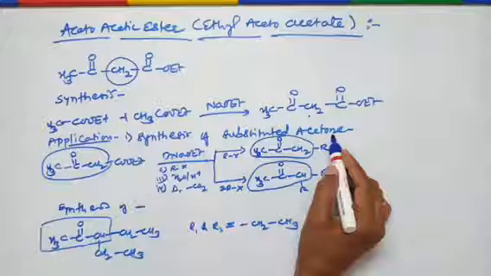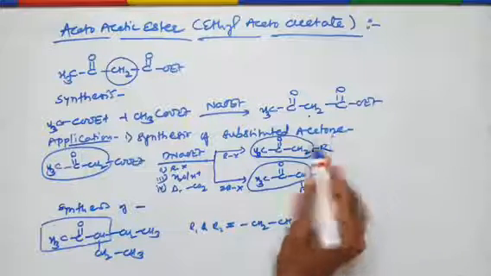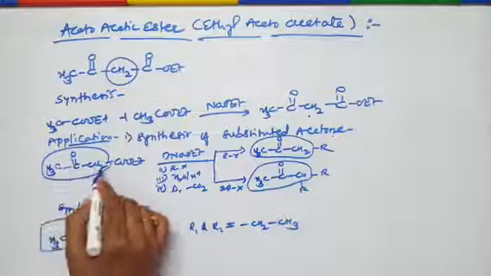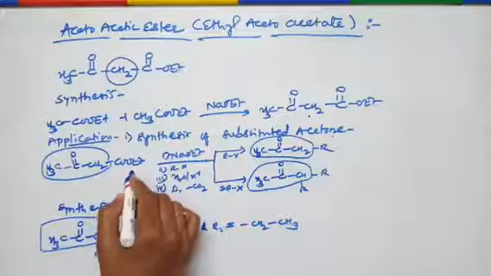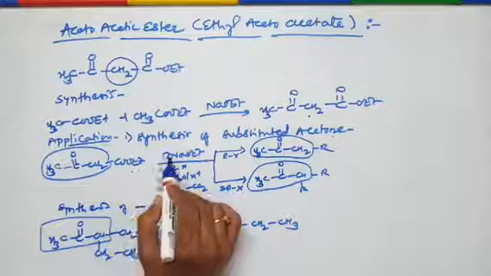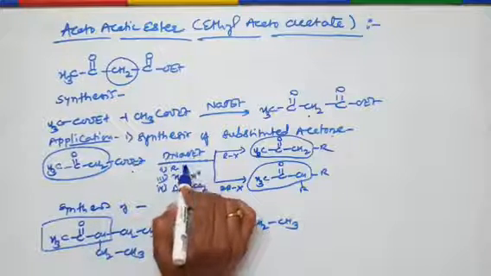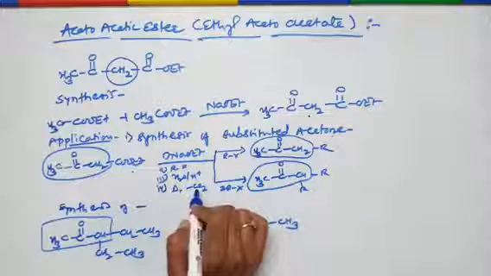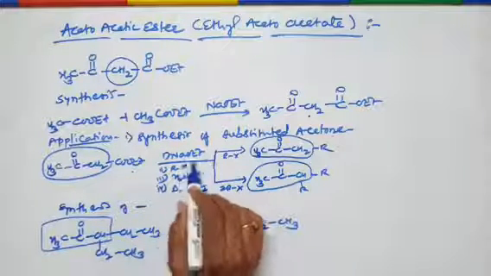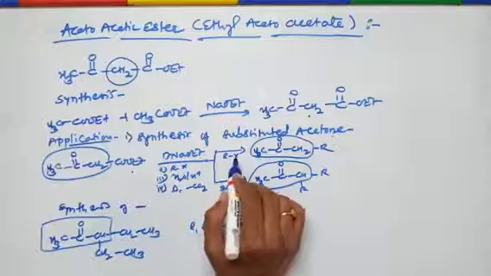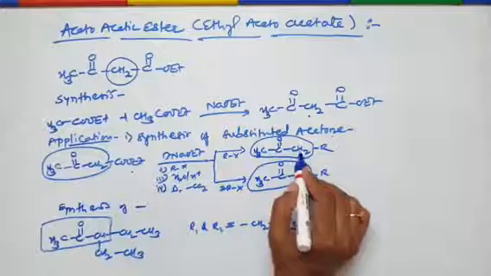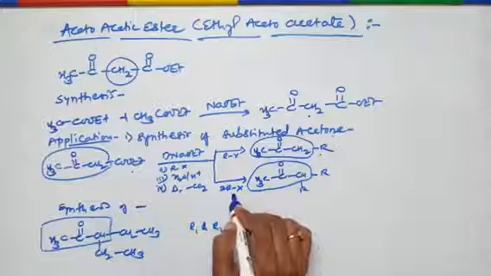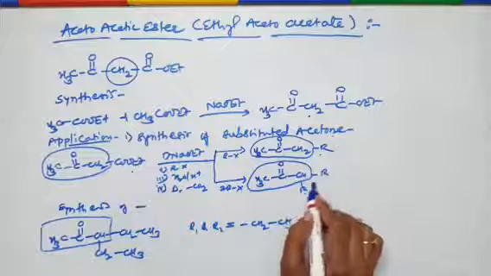So we can carry out monoalkylation or dialkylation. This is the structure of ethyl acetoacetate: CH3, C double bond O, CH2, COOEt. The steps are the same. First you have to treat it with a base like sodium ethoxide, then treat it with the alkyl halide. The third step is hydrolysis, and the last step is decarboxylation. If you carry out the monoalkylation, that is, if you treat it with only one alkyl halide, you get the monoalkylated acetone. But if you treat it with 2 alkyl halide molecules, then we get the dialkylation.